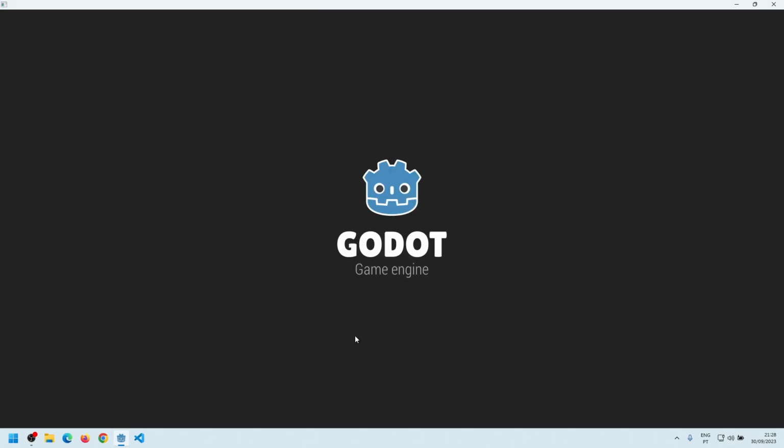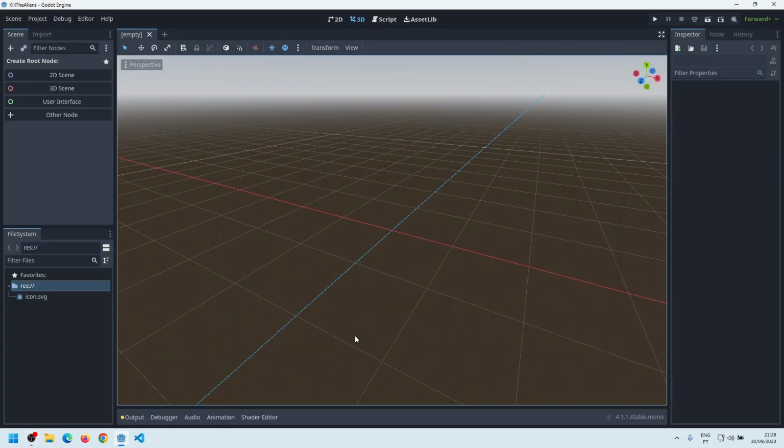When we open a project for the first time, we find the interface looking like this. In the middle, the Scene Editing window. At the top left, the Scene panel, where we can build the scene structure. At the bottom left, the File System panel, where we can access the files we will use or create. And on the right, the Inspector panel, where we will access the settings of the node selected in the Scene